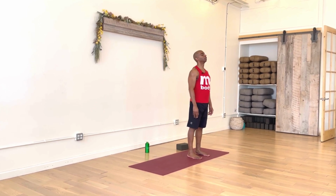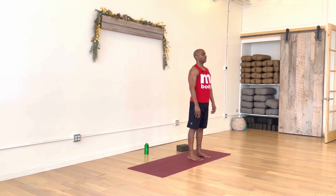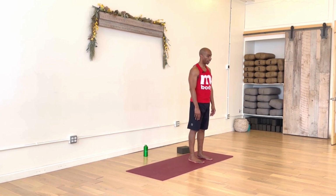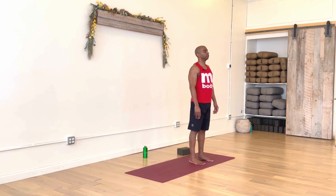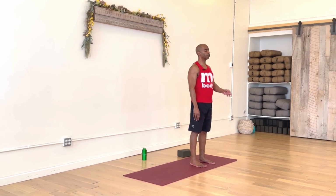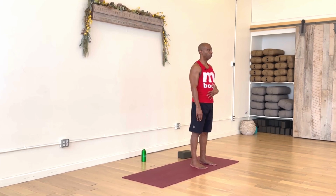Maybe a nice full and complete inhale. A nice exhale as you feel the release. And again, a nice full inhale. Feel the expansion in your lungs. And exhale. And just continue on your own with slow, steady breaths, mindful breathing,